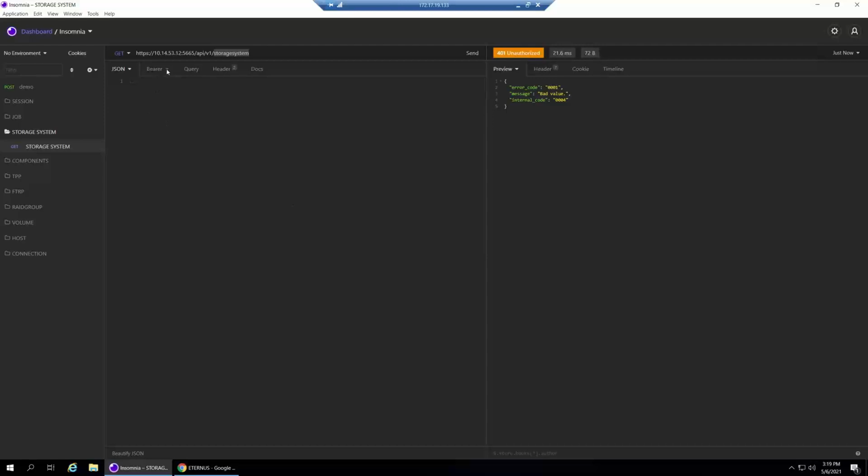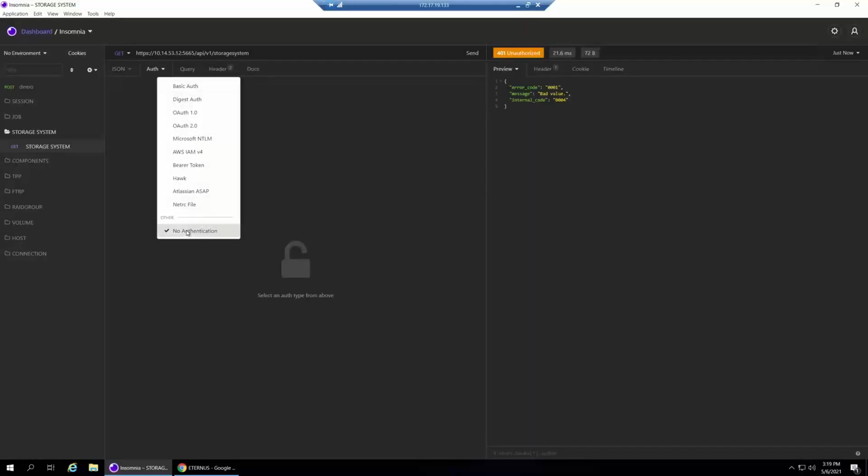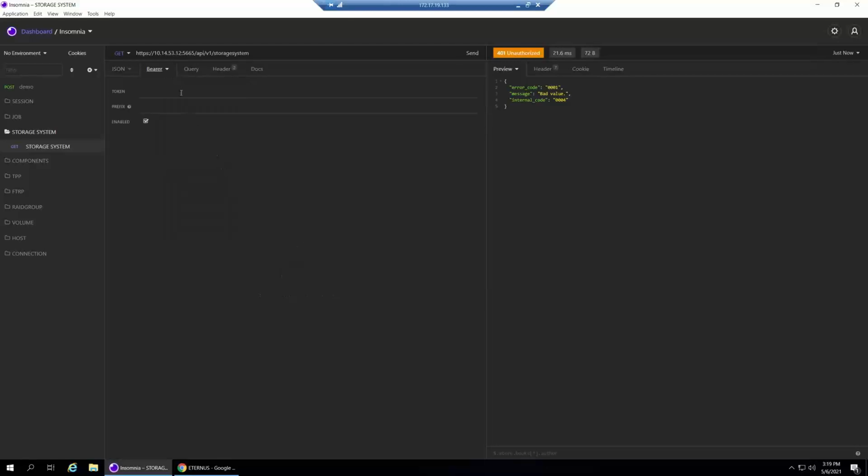So what we need to do is, at least in this tool, it's quite easy, because we just select, usually it's under authorization, authentication. So we select the bearer token and just paste the same token that we received when creating the session, when opening the session, when logging in to the interface.